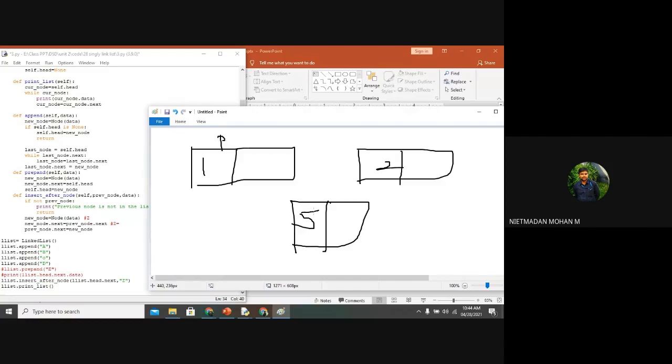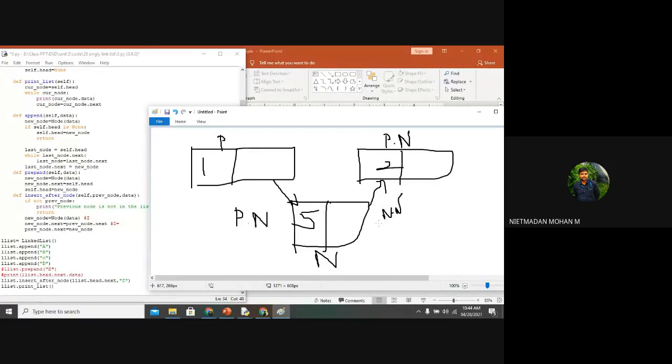For inserting the value of 5, this is the previous node, this is the previous node dot next, and this is the new node. While inserting, this will be represented as previous dot next, and this will be represented as new dot next.